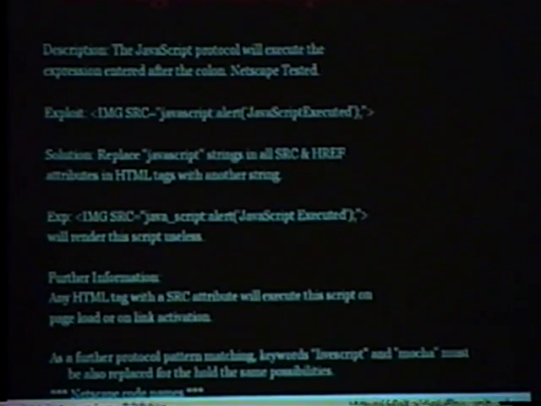Sourcing the JavaScript protocol. There's where it just starts getting crazier and crazier. The expression javascript colon, I guess it actually just sends a GET request through the location bar in Netscape and in IE, and will execute the expression after the JavaScript colon. The good countermeasure is somehow altering the JavaScript colon method, or protocol, thus rendering it inoperable. But I also found in Netscape that LiveScript and Mocha do the same job as JavaScript. So those are the 3 keywords you have to filter for in every instance of the source attribute, and not just limited to the image tag.